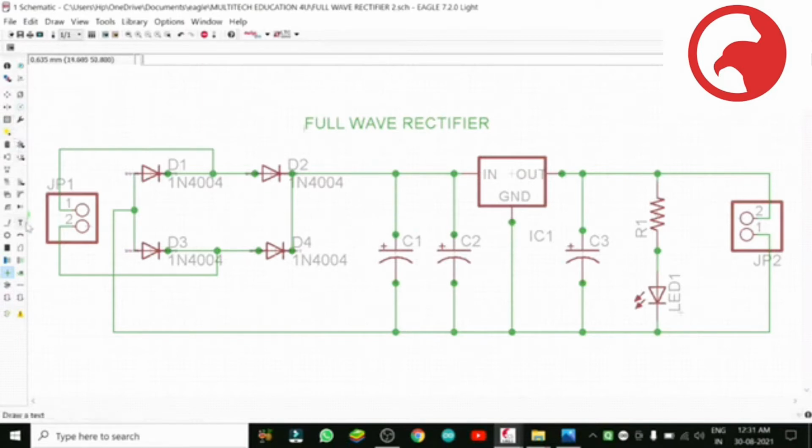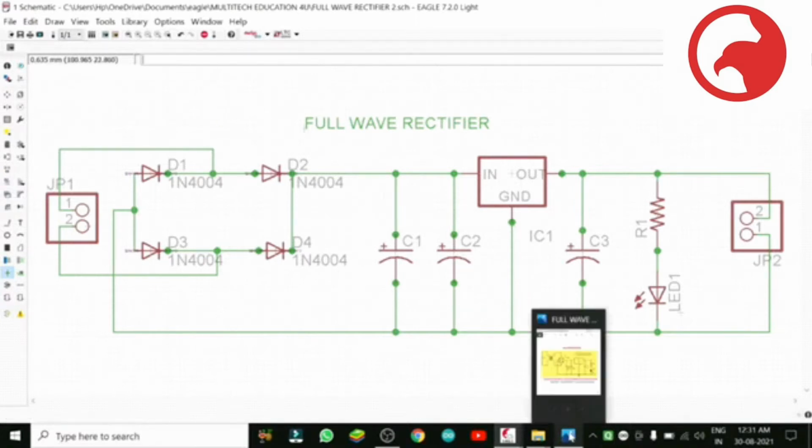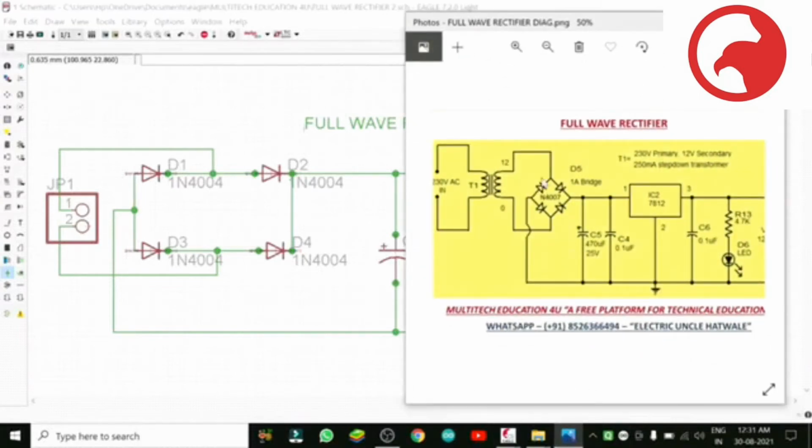So now today we will use value, name and smash. With these three symbols, we will see how we can work, how we can increase the value, how we can give the other name, how we can change the name, how we can change the values.